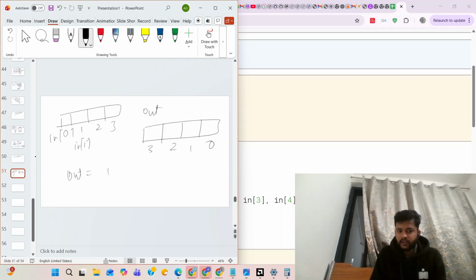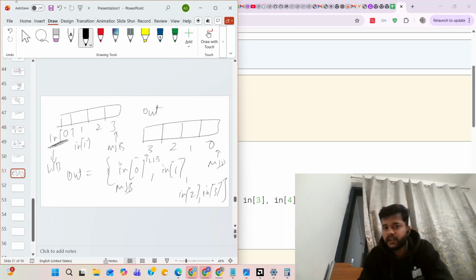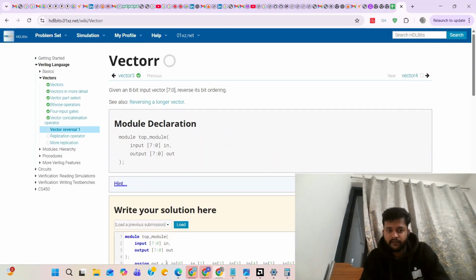So output is equal to, I used input. I used this as MSB. Initially it was at LSB position, right? Now it is MSB. Then initially this was MSB, this was LSB, and this was MSB. Okay, so I did this. I hope you understand. You can ask questions in the comment box also. I'll reply.